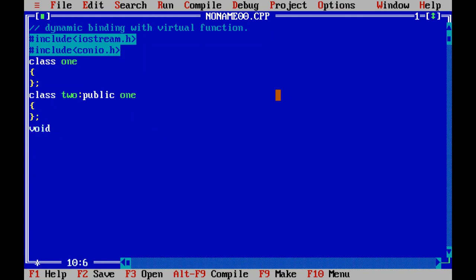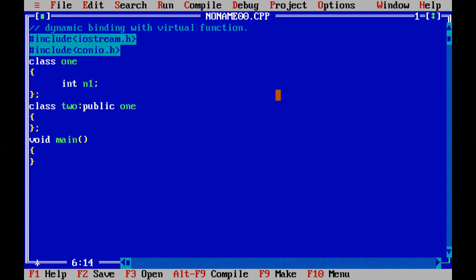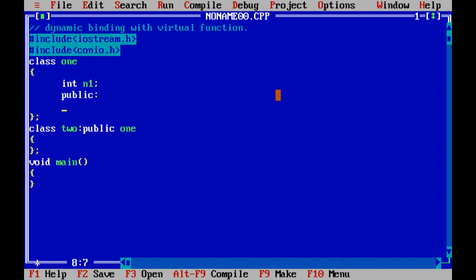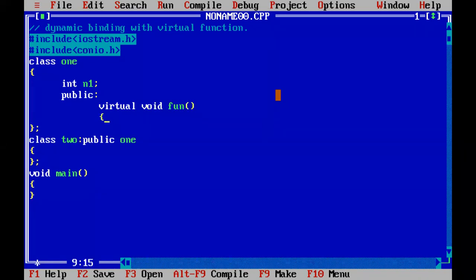Now in main I can create objects of the classes. So the void main function is also required. Now in class 1 I'm declaring one data member as n1. Under the public access specifier I'm declaring a virtual function with the virtual keyword, then the return type of the function and the function name. Suppose fun is my function name.